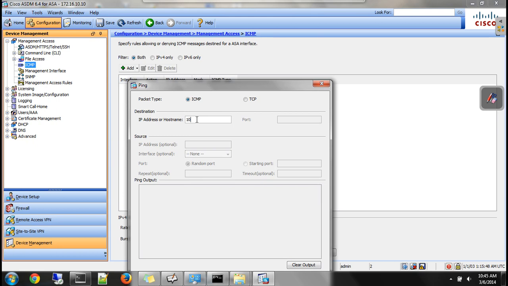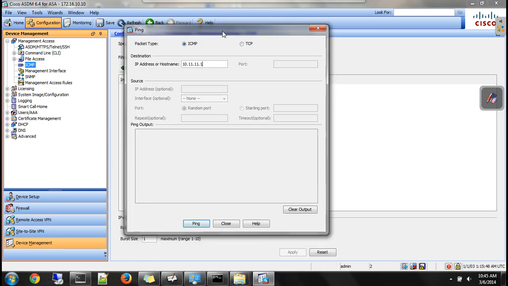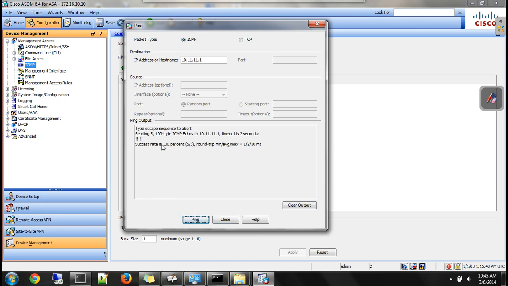Let's ping 10.11.11.1. Yes, you can ping. And let's ping 192.120.2. Yes, you can ping. Alright. So this is good enough. And let's try to ping